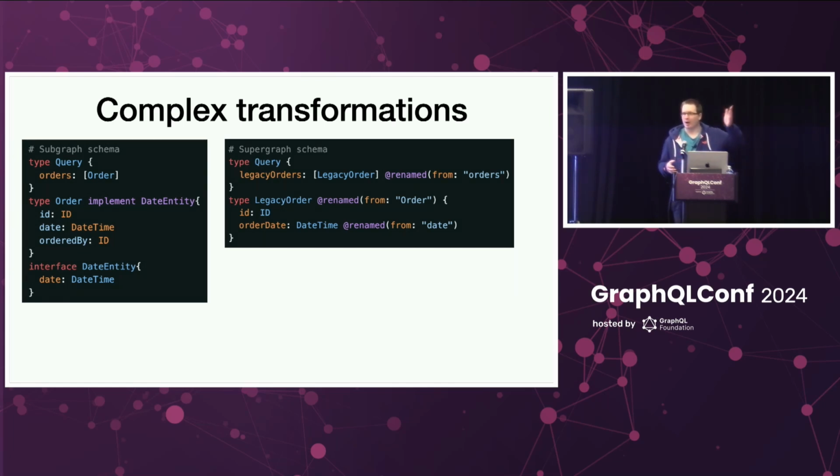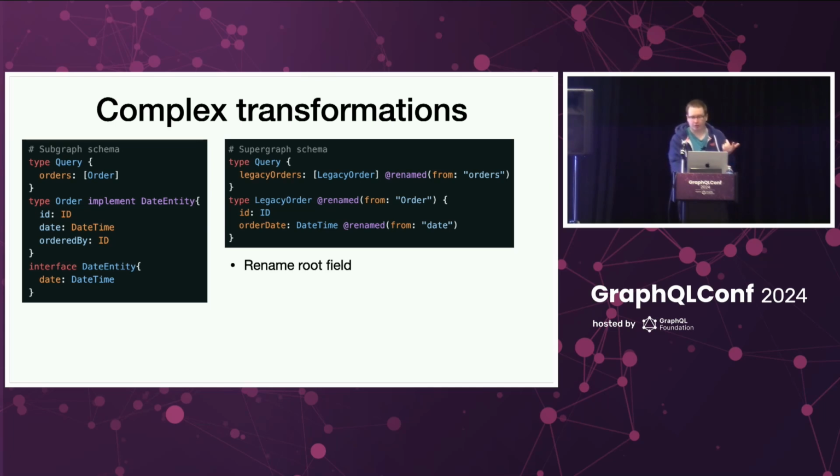One bypasses the gateway completely, which should hopefully only be for legacy reasons, but then you also have the gateway itself. So the opportunity, or the advantage, we have by having a supergraph API separate from the subgraph is that we can quite naturally do quite a few transformations. If you look at this example, on the left we have the subgraph, on the right the actual exposed supergraph schema. And again, we are just declaring in the supergraph what we want to expose, and then we need to take care of how this maps to the subgraph.